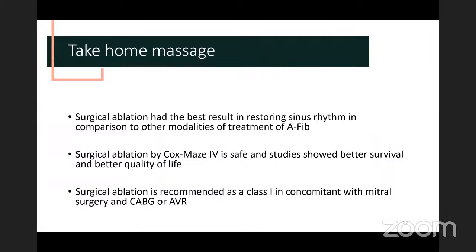As a take-home message from this presentation, I want to say that surgical ablation had the best results in restoring sinus rhythm in comparison to other modalities of treatment of AFib. Surgical ablation by Cox-Maze-4 is safe, and studies showed better survival and better quality of life versus untreated AFib. Surgical ablation is recommended as class 1 concomitant with mitral valve surgery, and class 2A